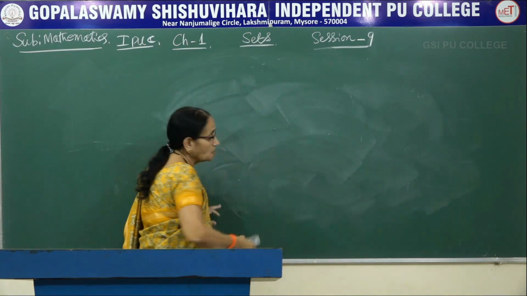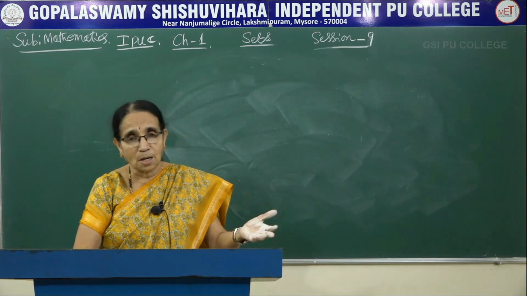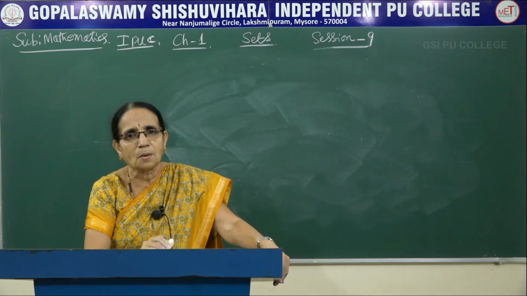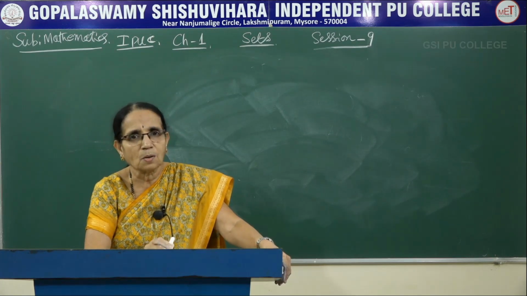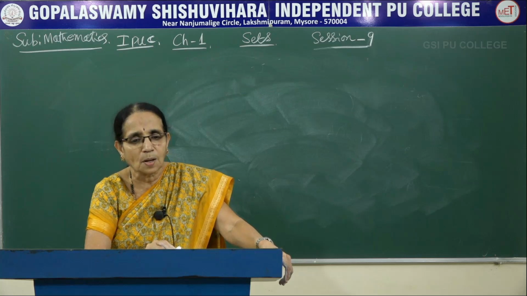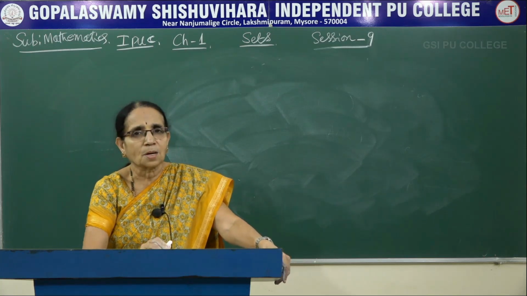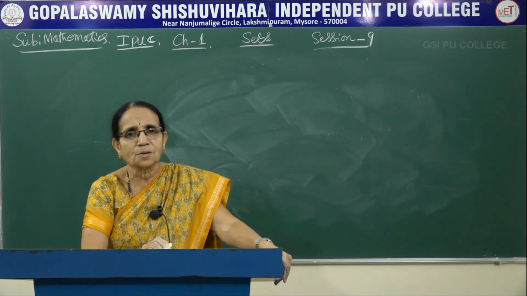In problems, they may give you three sets and ask you to show or prove the distributive property. Usually they give the property itself. They ask you to show that A intersection (B union C) will be equal to that one, or they may ask you to prove the associative law or prove the commutativity. So these are the important properties of union and intersection. There is one more operation which I will be taking up in the next session. Thank you.